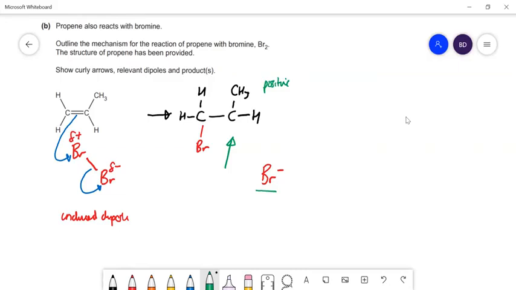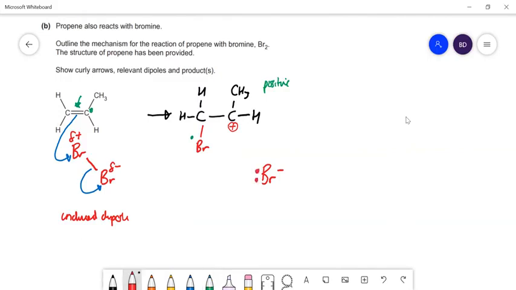And where's the positive charge? It's on that carbon. It's called a carbocation. All right. And why is that a positive charge on that carbon? What you can think about it is because, look, there's a pair of electrons in that pi bond, and this carbon owned one of those electrons, but they've been given away to the bromine now, so it's short of an electron. It's positive. All right, and obviously this negative ion is now going to react with the carbocation, so